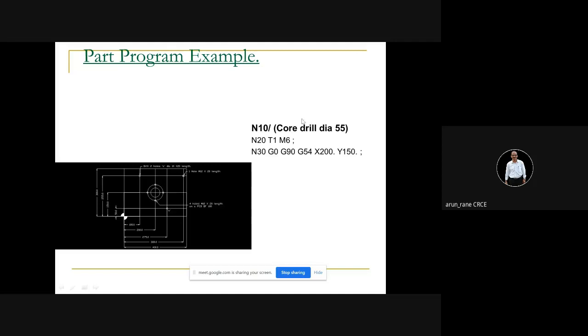So before we begin, we use either a touch probe system, which works automatically, or we use an edge finder. With the edge finder, we touch here on the left hand side, and we subtract the radius of the edge finder so that we get this point, and your control display is on.